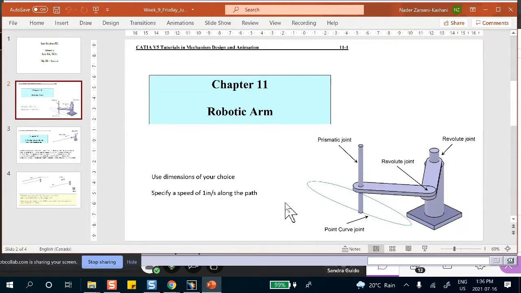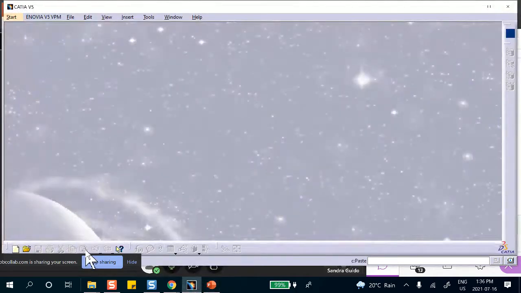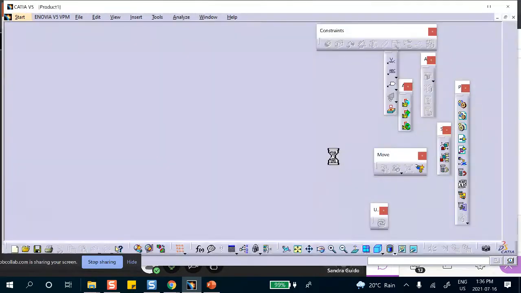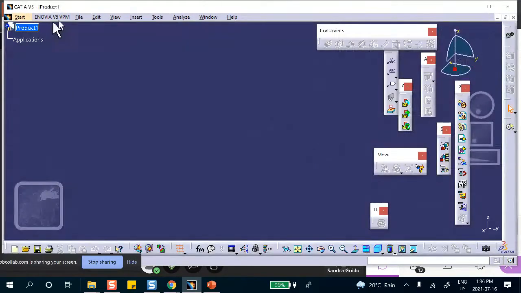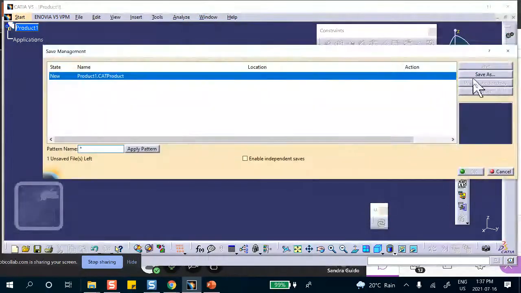All right. I'm going to ignore all dimensions and therefore do it on the fly. Okay, so let's go ahead here. All right, let's start with open a product file. Immediately, we're going to save it. File, save management, save as,